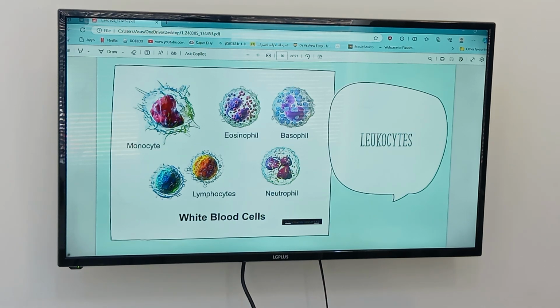These numbers vary in the blood, and so does their percentage. In normal people, we can see lymphocytes, for example, 5 to 6 million. In monocytes,